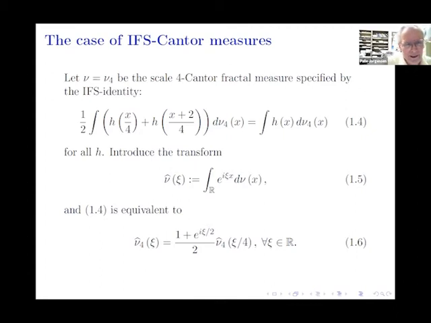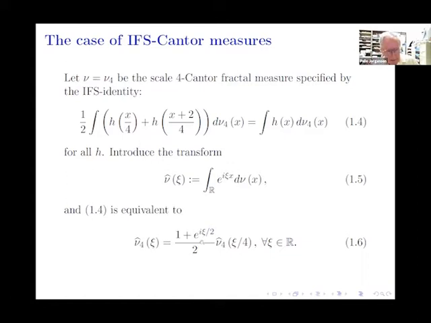How do you understand that measure? There are at least 3 popular ways of doing it. You can think about the left-hand side as an operation on measures, and then you can think about mu4 as a solution to a fixed point problem. And so that's one way. You could also say that you can Fourier transform a measure, and then you can use the left-hand side here of 1.4.